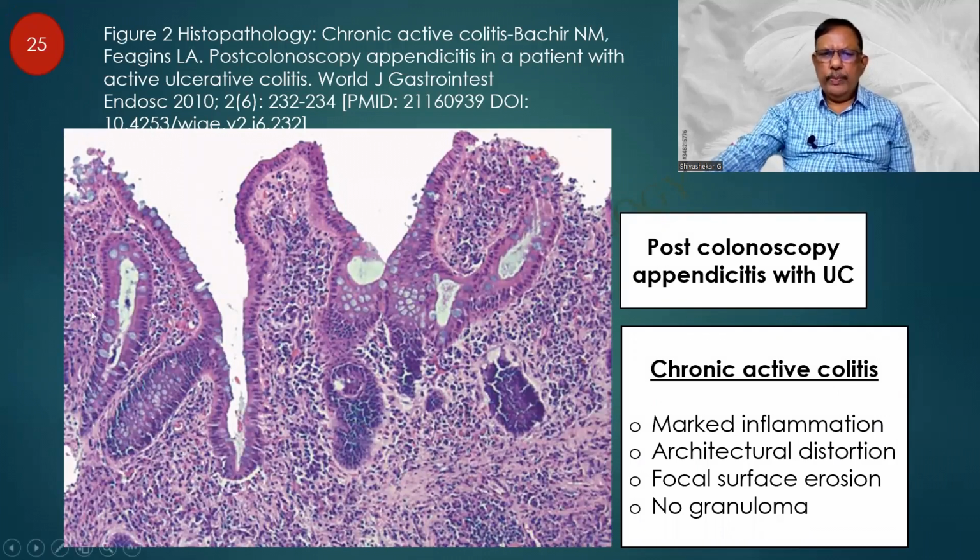And when we do a colonoscopy, as well as the appendix visualization, we find that there can be broad villi present. And there is also an inflammatory infiltrate which is becoming diffuse. We do give a report of a chronic active colitis, which again can indicate marked inflammation. We will have to look for this architectural distortion. Look at this particular area where there is a branching of the crypts, there is an atrophy of the villi. There can be erosion in some areas, which I am seeing, and no granuloma is seen. So both ulcerative colitis and other infective causes are open.